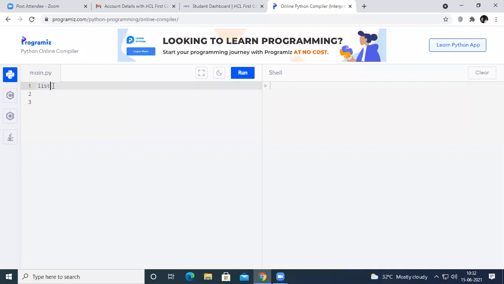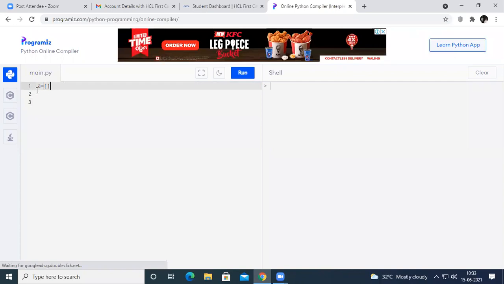list. So in order to declare a list, we use rectangular braces, and in order to declare a tuple, we are going to use normal parentheses, and in order to declare a dictionary, we are going to use a pair of curly braces. Okay, so let us see here. My variable is a, and for a, I am going to assign multiple values with rectangular braces. Whenever the Python compiler observes the rectangular braces, it comes to a conclusion that it is a list.